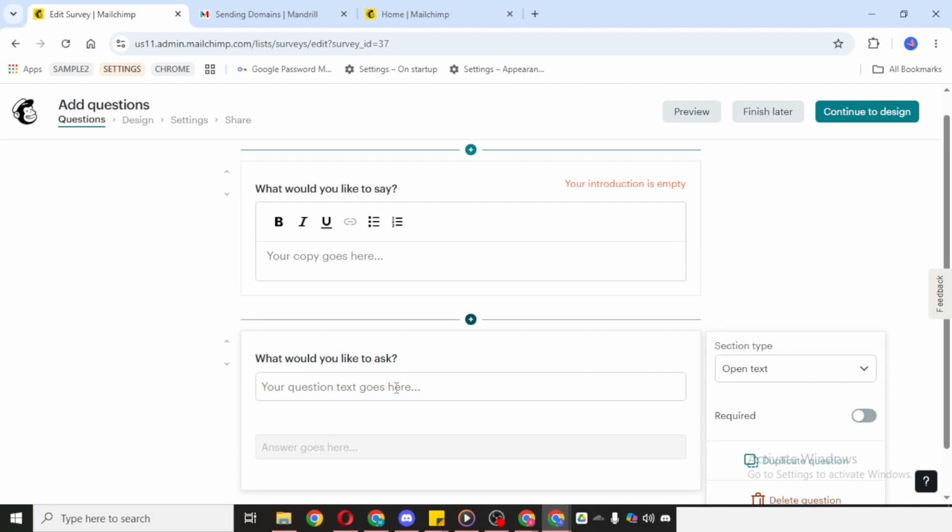Make sure your survey name is correct, your questions are clear, and the layout makes sense from the respondent's point of view. Taking an extra minute here can help prevent confusion later. And that's how to create a survey in MailChimp. Once you've named it, added your questions, and customized the details, you'll have the foundation of your survey ready to go.